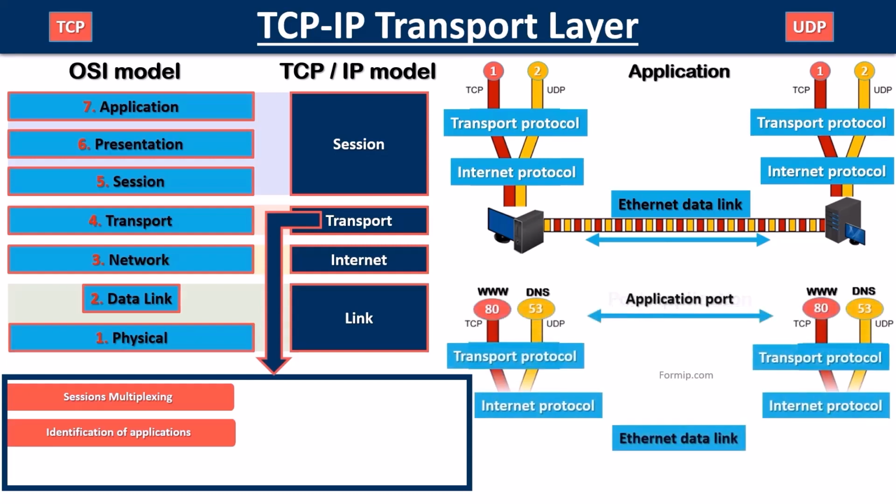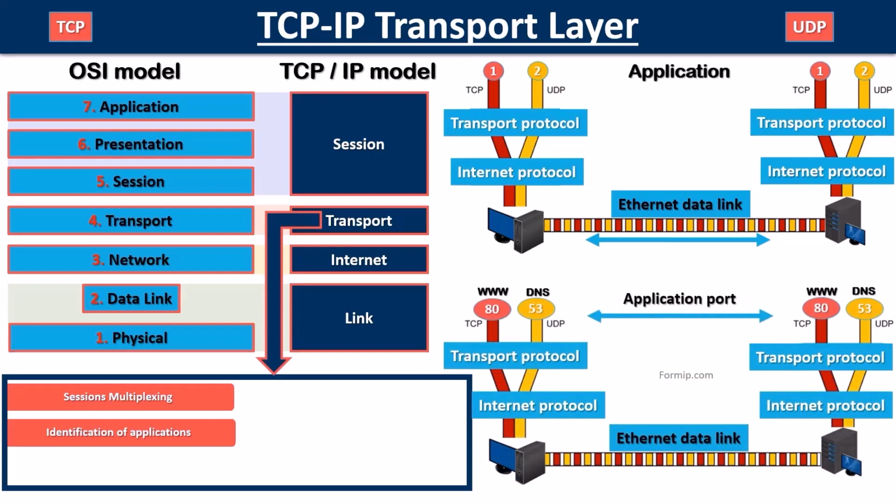Each process that uses the network gets a unique port number on the host. This number is used in the header of the transport layer to identify which application the data is associated with. For example, port 80 is reserved for HTTP, Hypertext Transfer Protocol, used for the web, and 53 for DNS, Domain